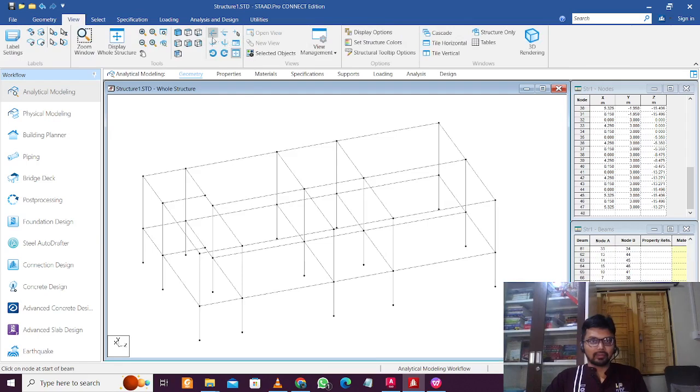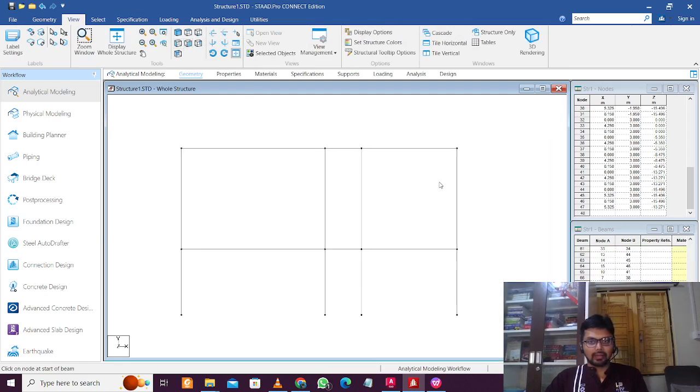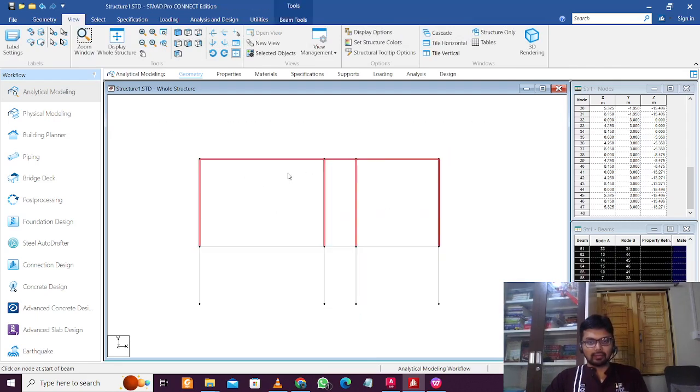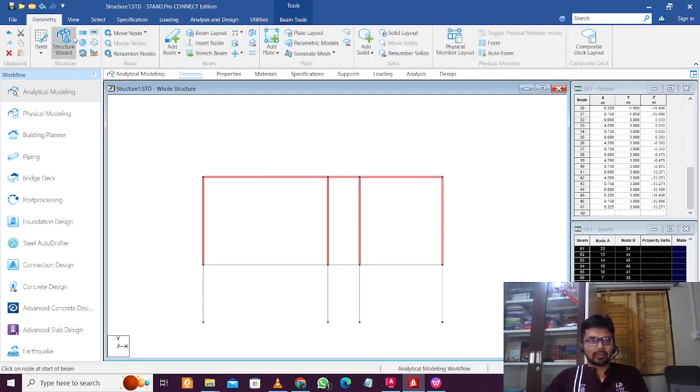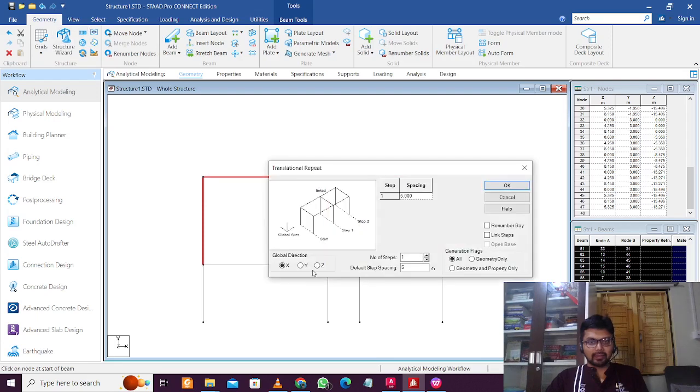Then we'll go to view, then front view, and then select this like this to include this. So then this will be a foundation for a G+2 building. So we'll have to add two more stories here. So we'll go to geometry and translation repeat, Y direction 3 meters, 2 steps, no link steps because we will exit everything. Click on OK,